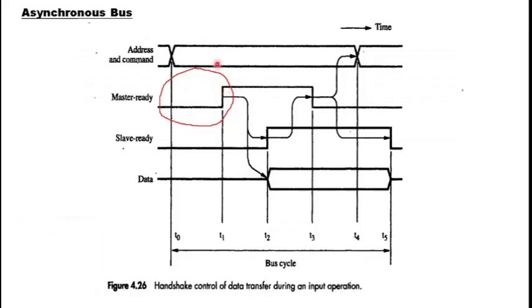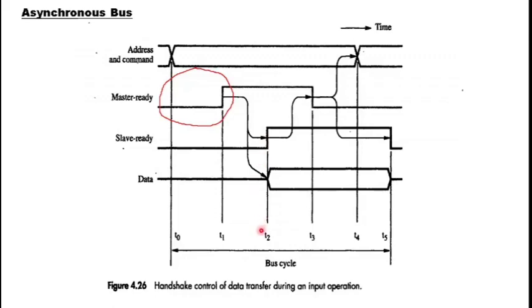So that every slave has a uniform view of address and command signal before the master ready signal is ever triggered. Okay, suppose that we are at T1. We are considering the case at T1. So now what is the case? Now all the slaves have got address and command information put by the master, and all the slaves have started seeing the master ready too. Now once a slave has decoded the address from the master, and once it is ready with the data for the master, the slave will issue the slave ready signal. So it happens at T2.